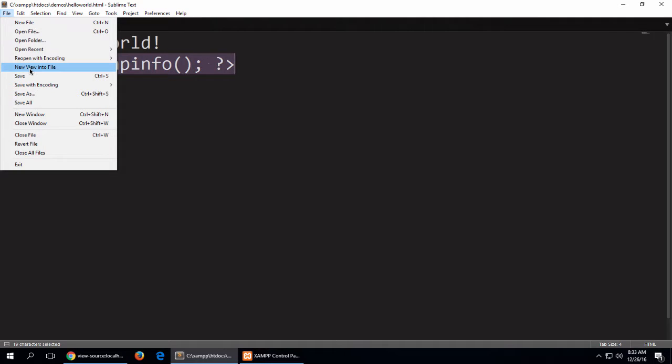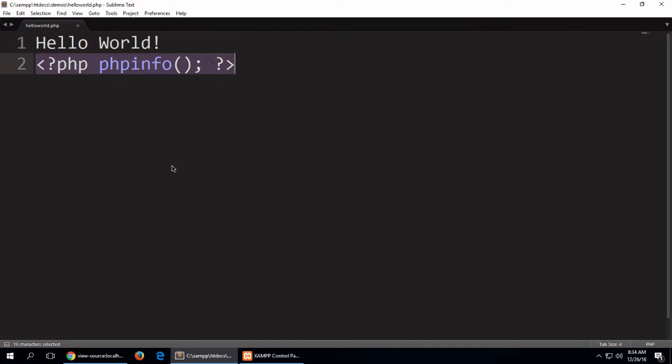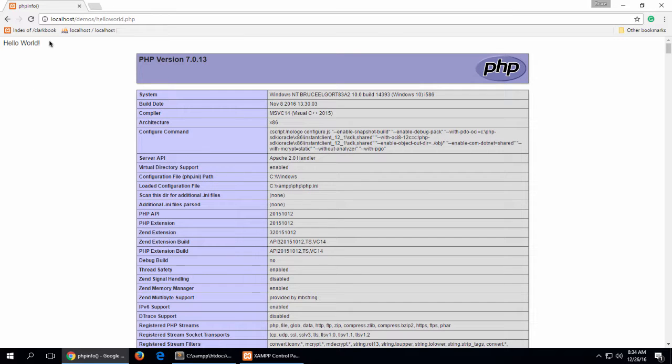I'm now going to save this file as hello world.php. Notice the extension now. I'm going to save it. I'm going to go back to Chrome, and I'm going to close this window, and let me just go back to the folder here so you can see. I'm going to refresh. I have two files, the HTML file that we looked at before and the PHP file that we have now. So now I'm going to click on hello world.php, and wow, I see the text here,